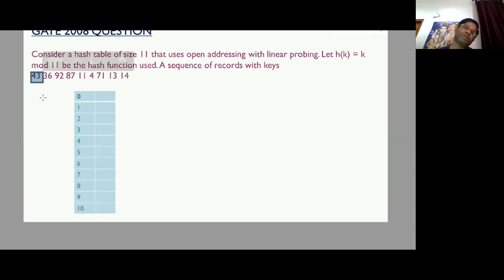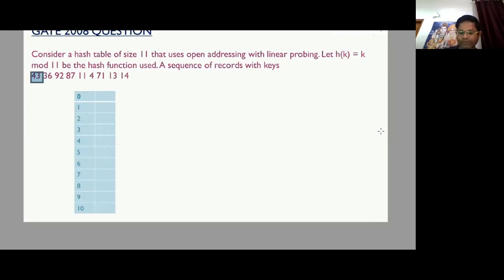To insert the value 43 at a suitable place, what do we have to do? We have to calculate the hash function for this particular key, that is 43. So using this formula k mod 11, we write 43 modulo 11. So what does it return? 43 modulo 11 means divide 43 by 11 and see what the remainder is.